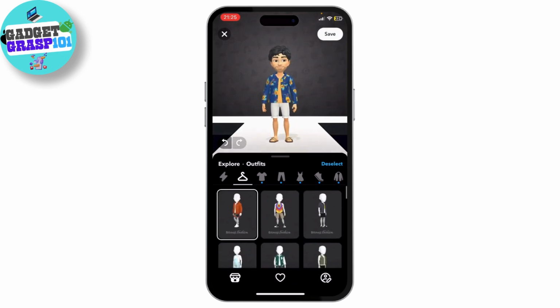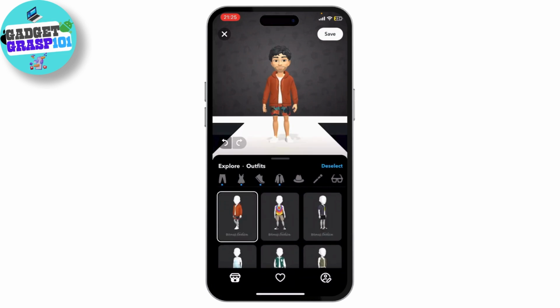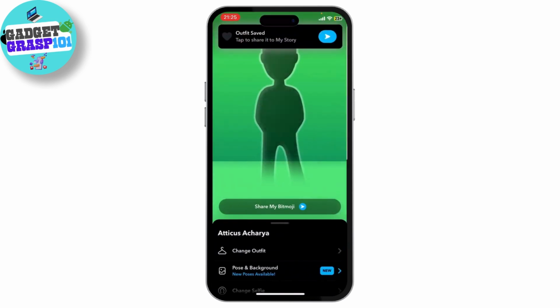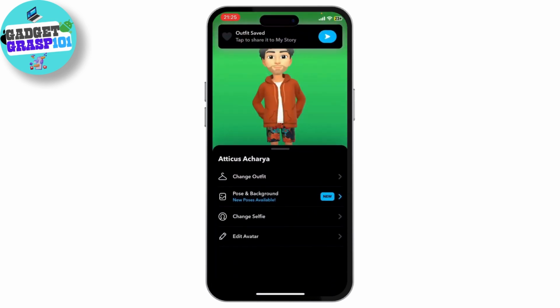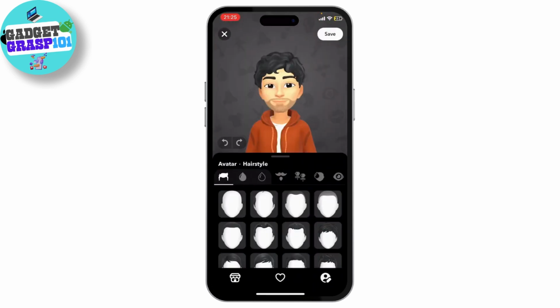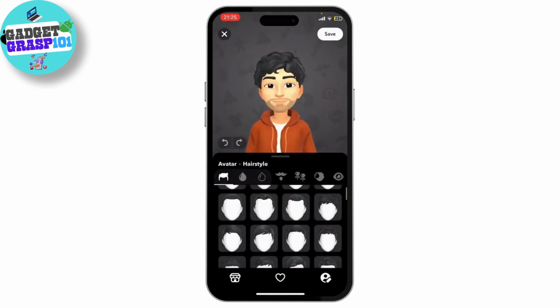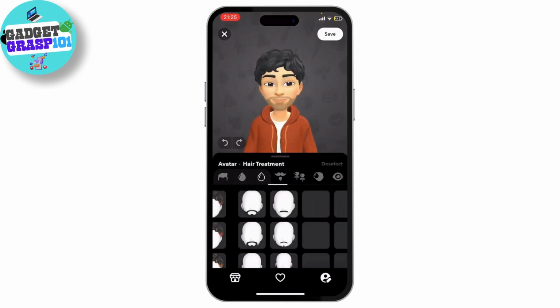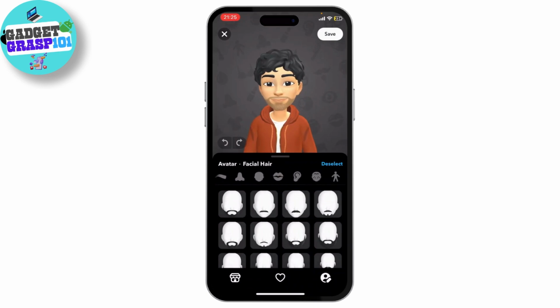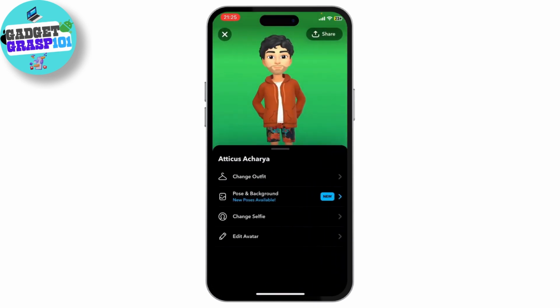And other than that, what you can do is you can change your face too. Now this is one thing right here. As you can see, my Bitmoji is changed. Now you can even change your selfie, you can edit your avatar too. So right there you can see you can set up your hair, its color and its highlights, even your mustache, and so much more. So that is pretty much it. That is how you change your Snapchat's